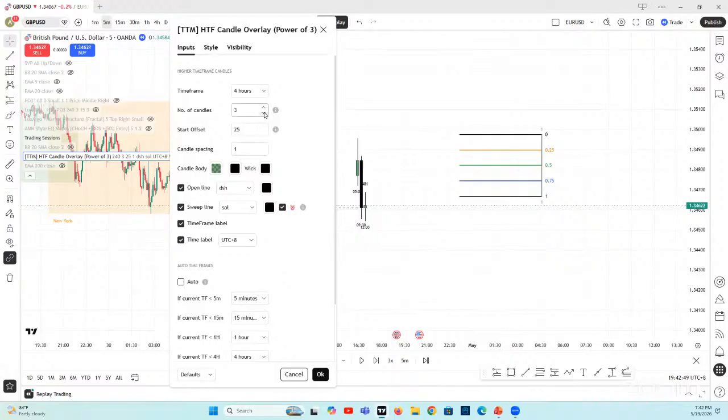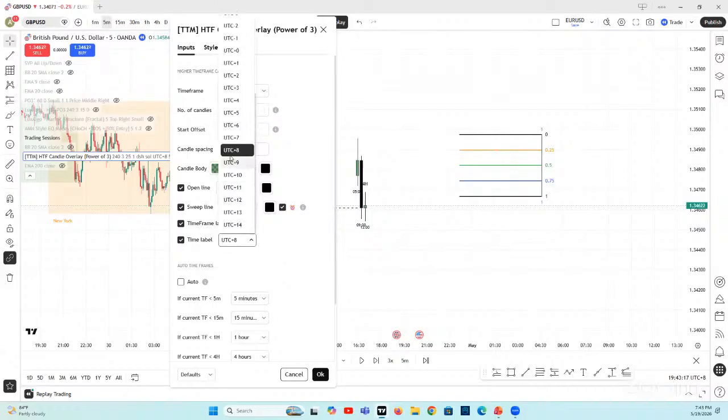Or you can remove. It's all up to you. If you want 2, or you want 1 candle only, it's all up to you. But for me, I need to see something, so 3. Start offset is 25. It's okay, I'm leaving it as the default. These are all defaults. The candle will be green if bullish, but for the bearish, it will be black. These are all default here, but in the time label,